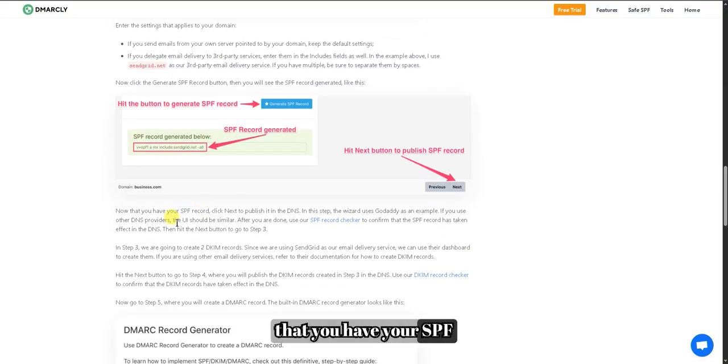Now that you have your SPF record, click to publish it in the DNS. In this step, the wizard uses GoDaddy as an example. If you use other DNS providers, the UI should be similar. After you are done, use the SPF checker to confirm the SPF record has taken effect in the DNS. Then hit the next button,